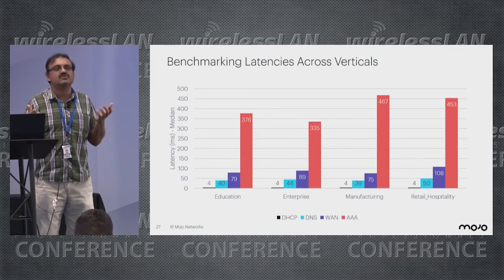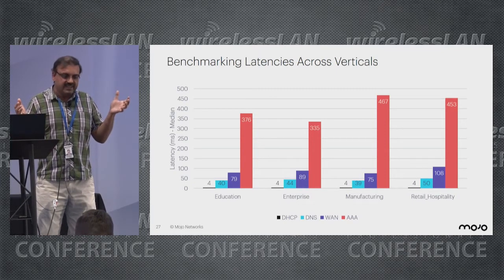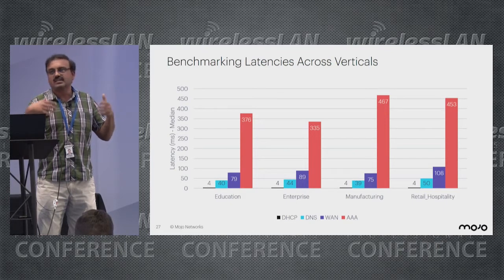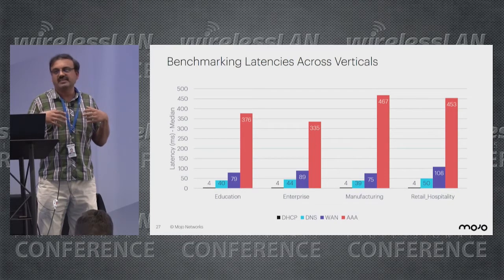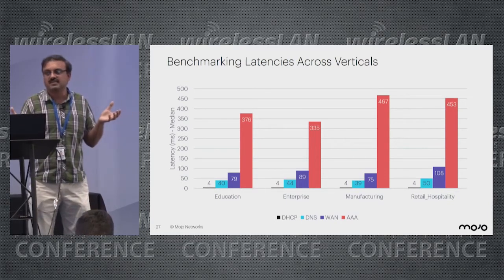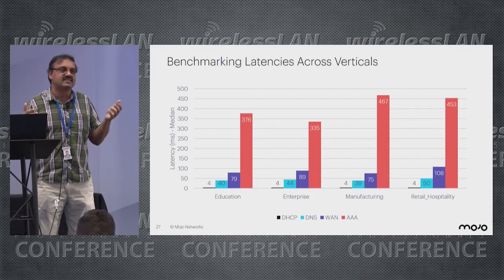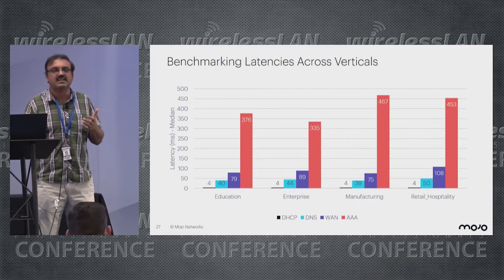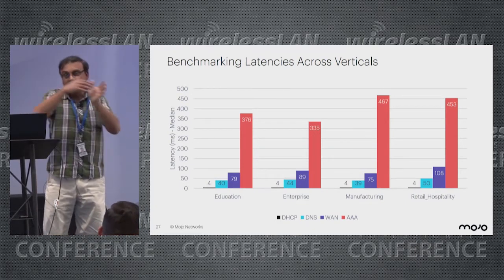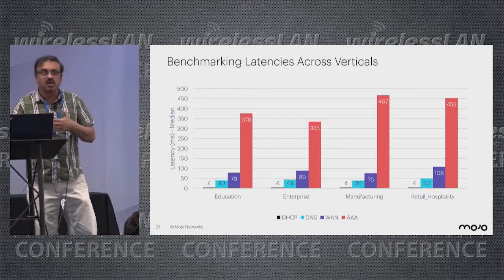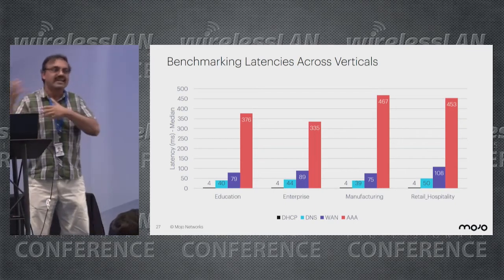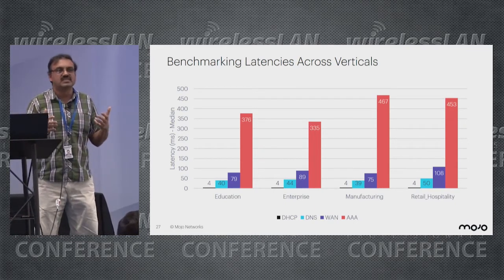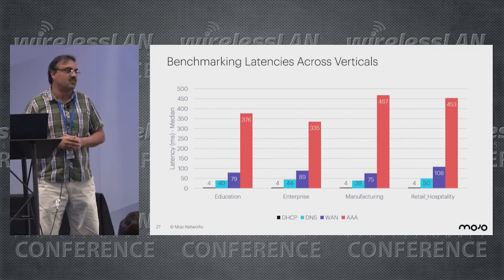So how can we use this information? So one, definitely every organization or customer or vertical can look at this and baseline how they are behaving with respect to this benchmark. Right? So that's something we can do as a community, as an industry. If we start publishing these things, each organization can look at this and see where they are with respect to the median. Are they in the top 50% or are they at the bottom 50%? If they're at the bottom 50%, then we can see why it is so and what can be done to improve this. This is what we call customer benchmarking or vertical benchmarking.